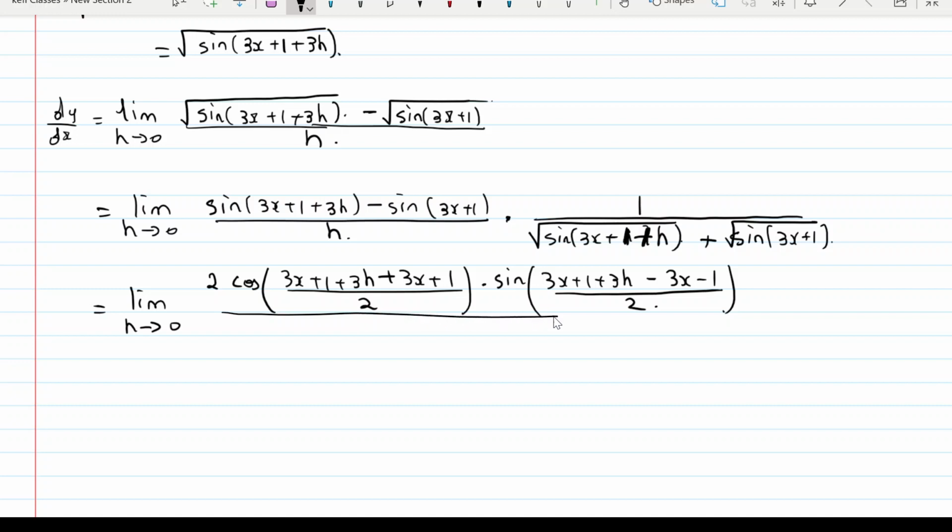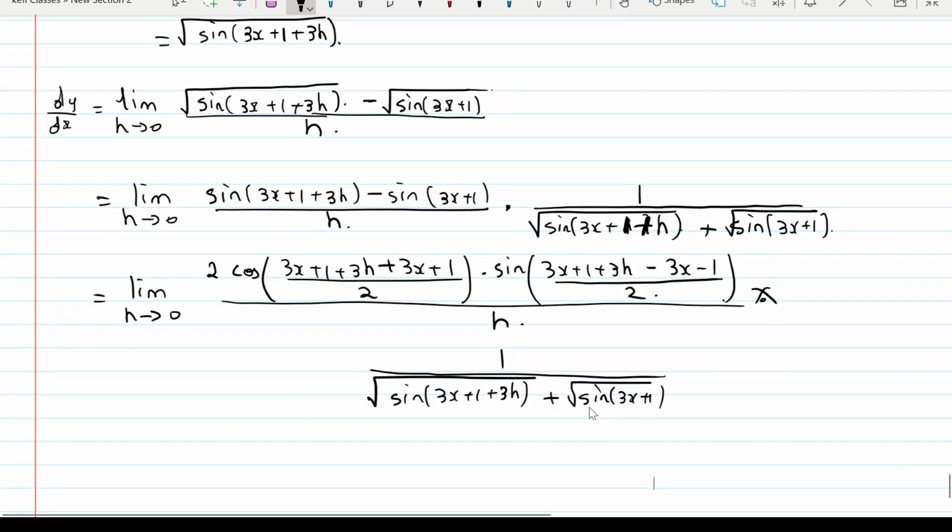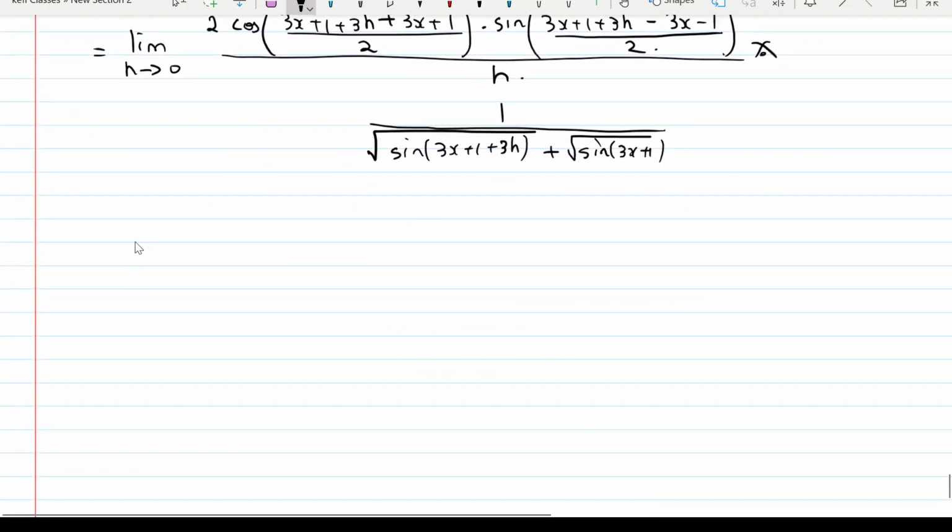divided by h, into, so that into part I'll write on the next line, 1 upon root of sine of 3x plus 1 plus 3h plus root of sine of 3x plus 1. Okay, so this is equal to limit